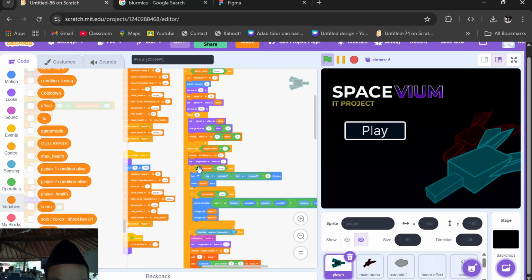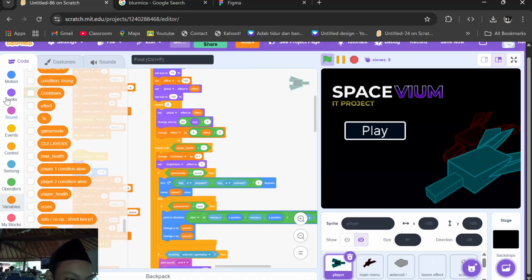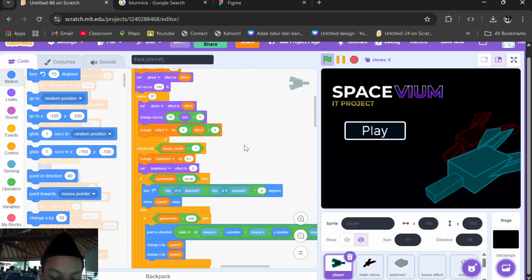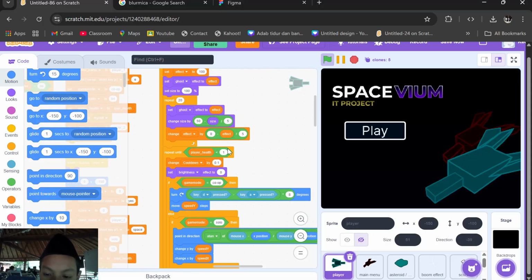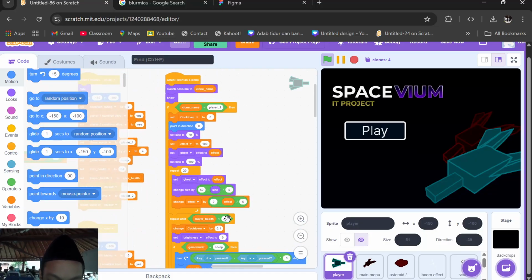This needed some work since the point in direction toward the mouse pointer didn't work. And change cooldown changes the cooldown like 0.1 and more. This will repeat until the player health is below 1, meaning 0.